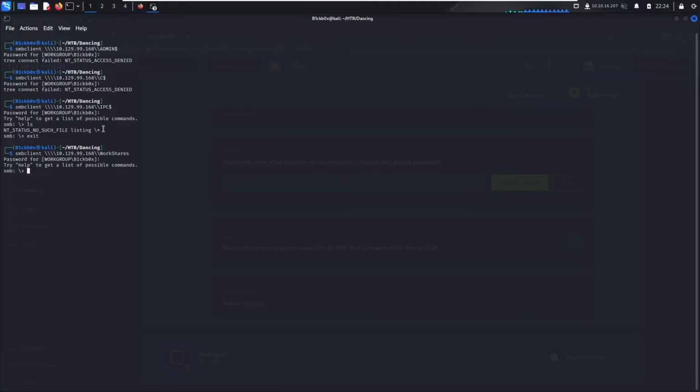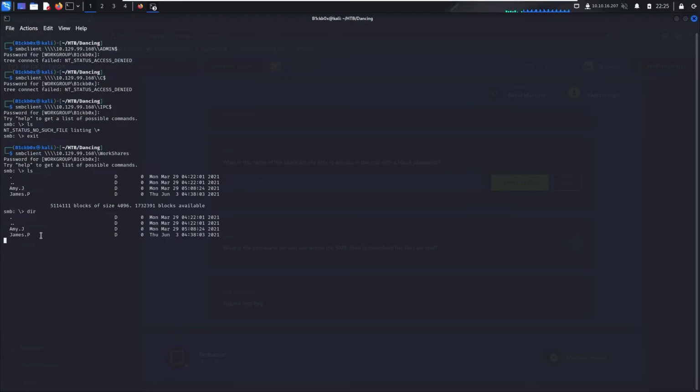We just click exit, and then we try the workshares, which was the last one. Enter. And we click ls, and we see we're in the D directory with 2 names, Amy J and James P. And if you are coming from the Windows side of command prompt, you can also use dir to list directories, and we see Amy J and James P as well. And now one of the better ways of connecting into a system and getting what we want is by just downloading everything we see,